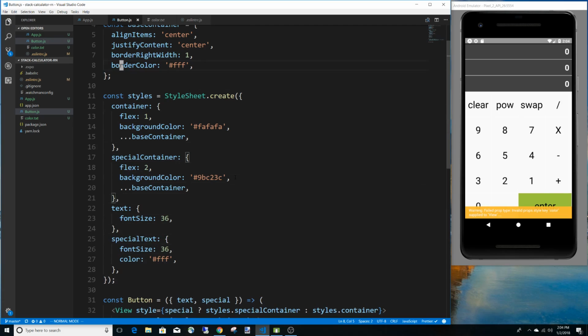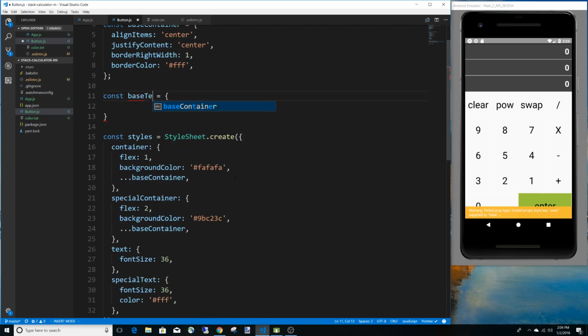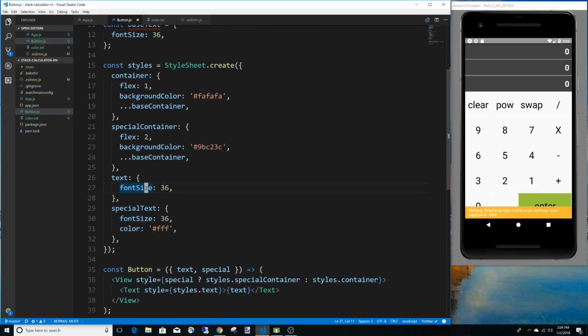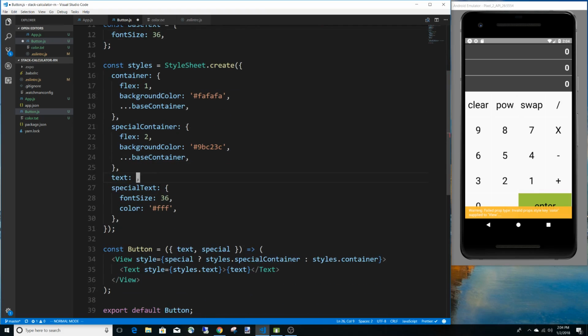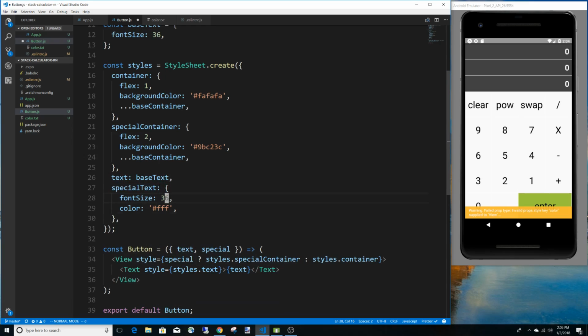I guess, you know what, good practice, we'll say const base text, font size 36, and then here we can actually just set it to base text since that's the only thing we want. Base text. Okay,